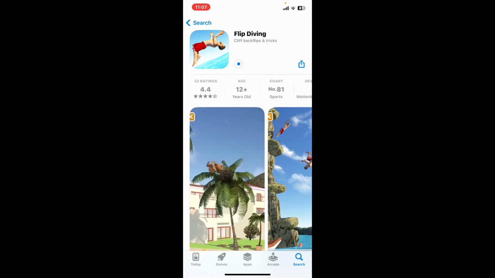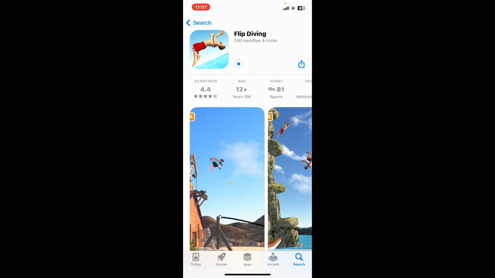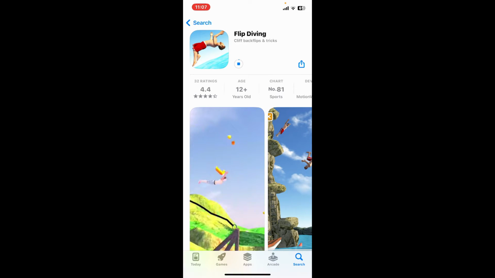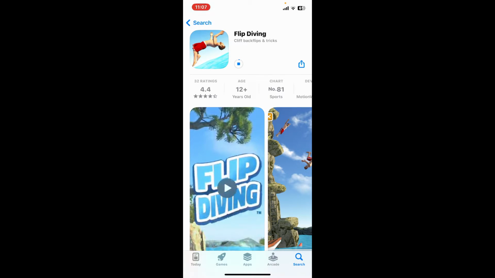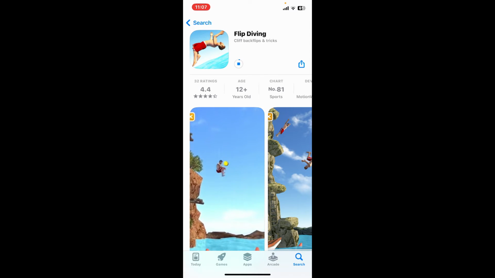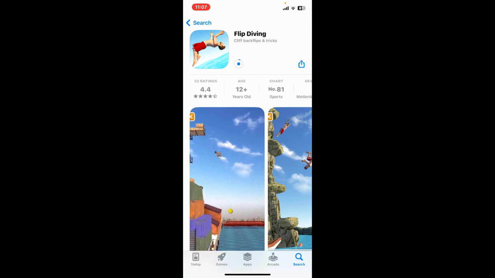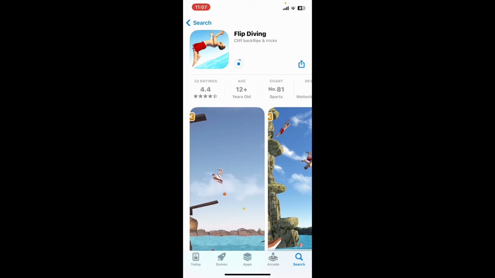Flip Diving is a fun and physics-based ragdoll diving game where you perform daring jumps and tricks from various heights and platforms. You can unlock new characters, costumes, and locations, aiming for the most spectacular and hilarious dives without hitting